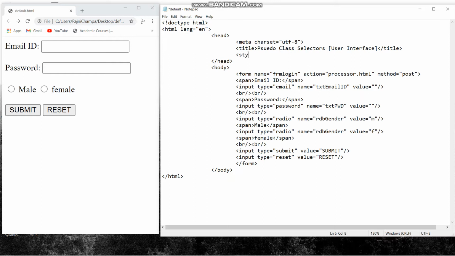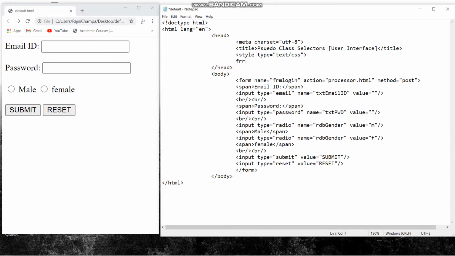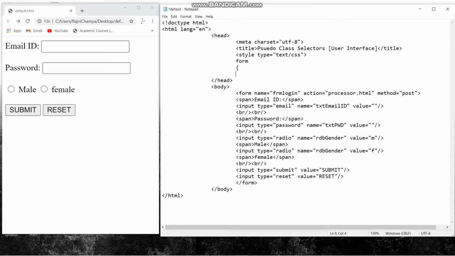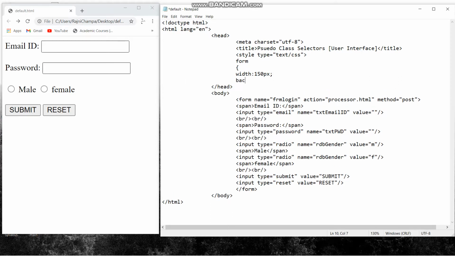For the form tag, if we have to style it, then we have to give style type equals to text or CSS within the double inverted commas. Now we have to do the styling of this form, so we write form, and after that curly braces, and within that I will give it a width, that is width colon 150 px terminator, and then the background color.